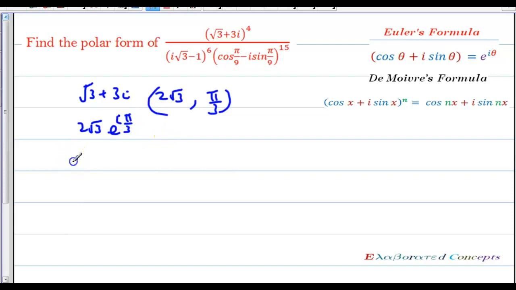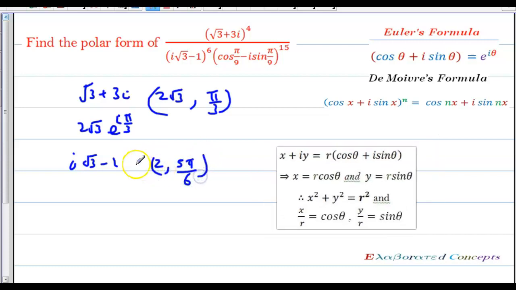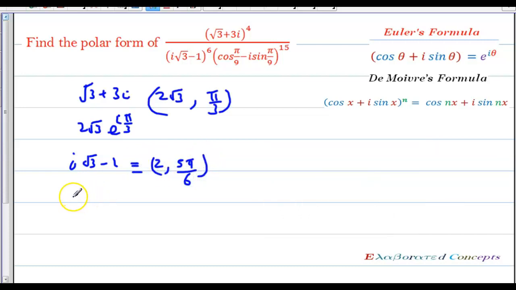So for iota root 3 minus 1, its modulus, that is r, is 2 and argument is pi minus pi by 6, that is 5 pi by 6. Therefore, iota root 3 minus 1 can be written as 2 times e raised to iota 5 pi by 6. So the above expression can be written as